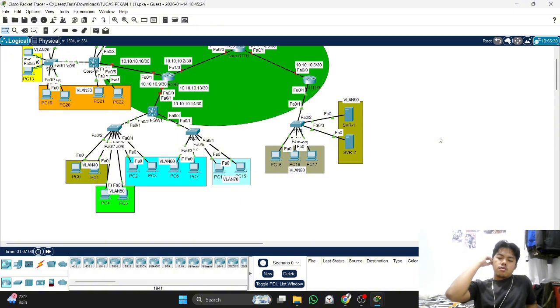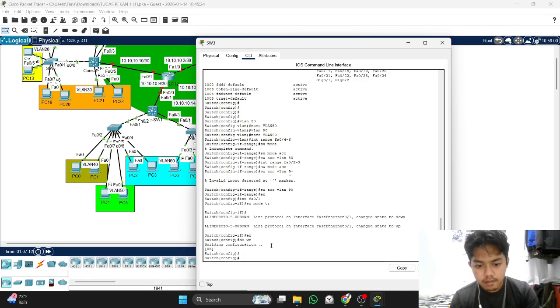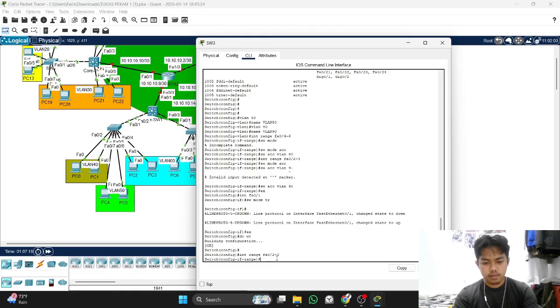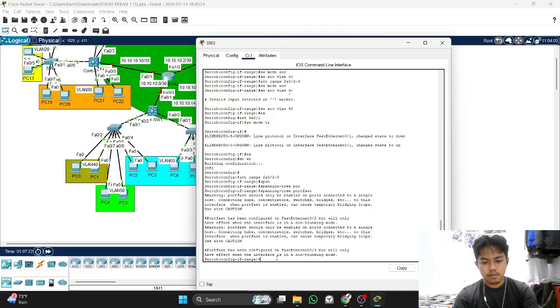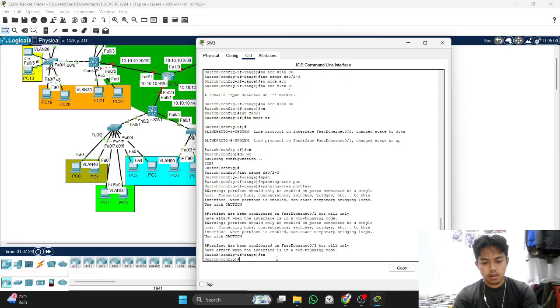Oh, we must create the port face too at the port FA2 and 3. It's okay. It's easy. Interface range FA2 and 3. Spanning port face. Exit.